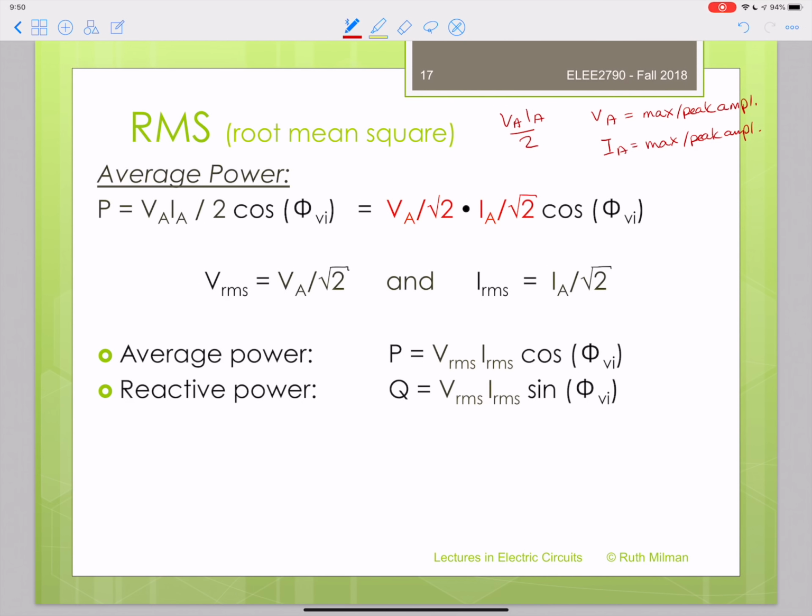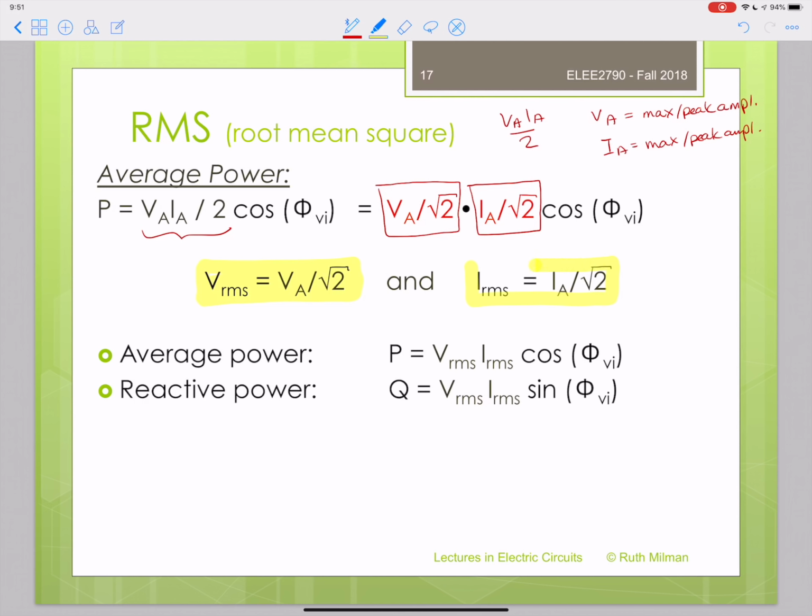You see that you're always looking at VA IA over 2. And the reason for that average is the fact that you never quite hit a full sinusoid except at one point in the cycle. In fact, if you want to have a bit of a better understanding of a sinusoid, you realize that the average for each of these sinusoids is that peak value divided by the square root of 2. And so we consider the RMS value, and RMS is actually what